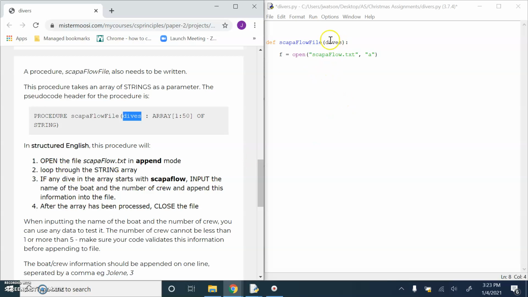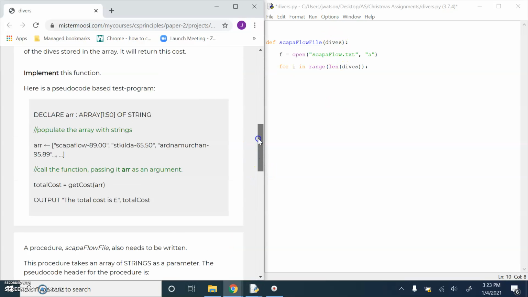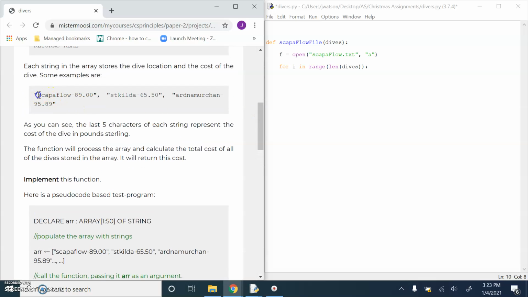Loop through the string array, which I've called dives. Okay. If any dive, any of the elements in that array, remember each element in the array looks like this. This is one of the elements in the array. This is dives 0. This is dives 1. This is dives 2. These are the different elements in the array. So if